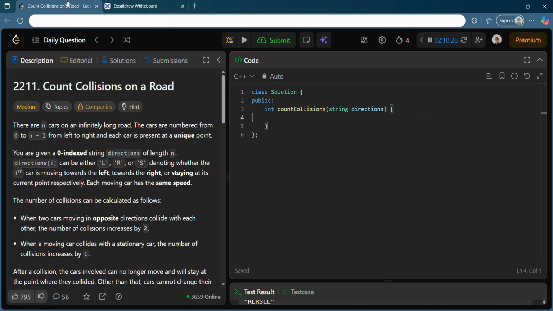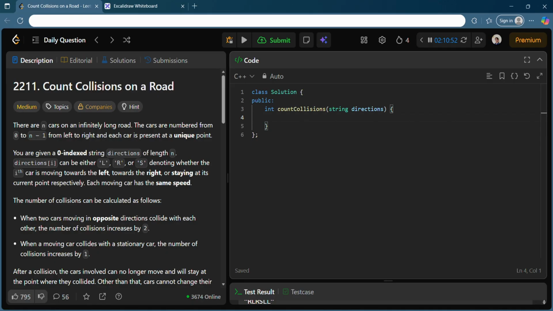Okay, so we are told to count collisions on a road. There are n cars in an infinitely long road. The cars are numbered from 0 to n minus 1 from left to right. You will be given a string directions, and the car can be in 3 states. It can be moving left, moving right, or stationary, denoted by L, R or S,